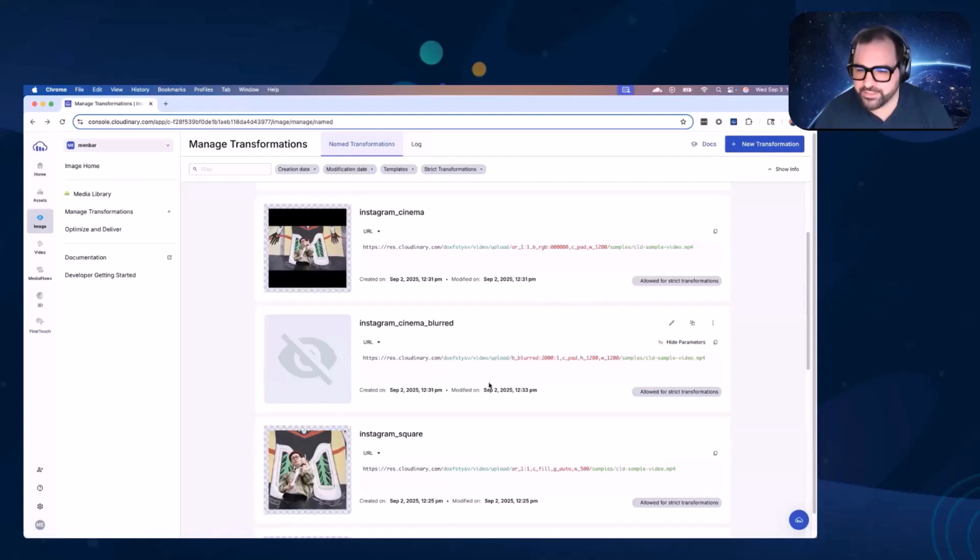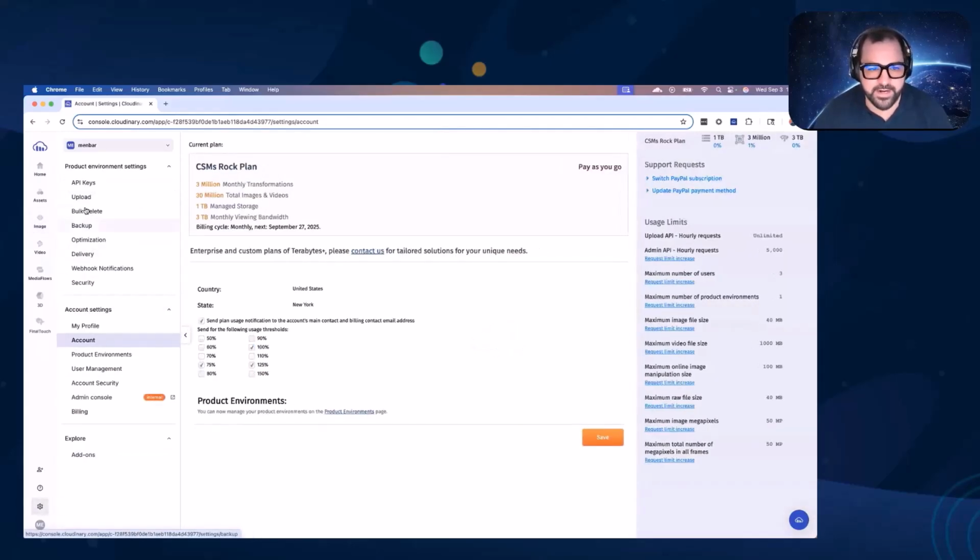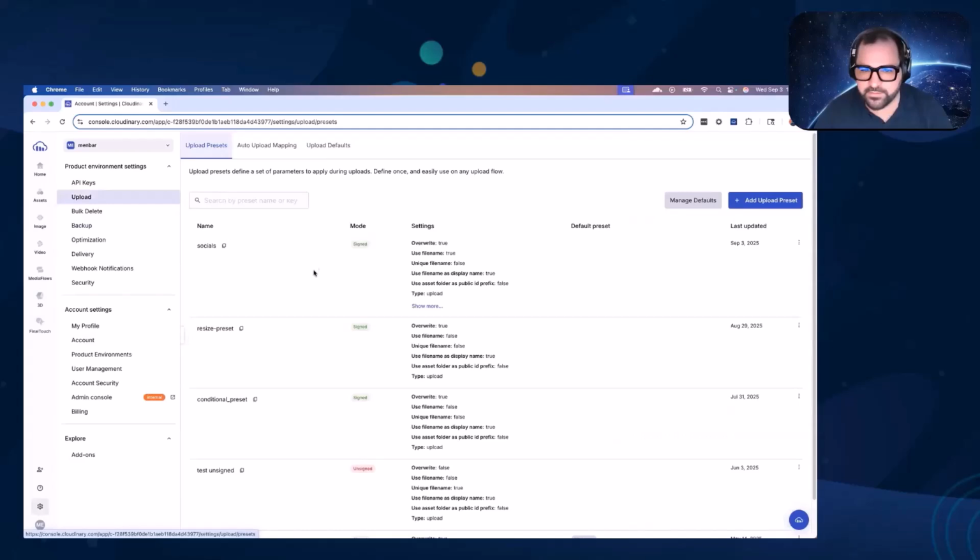Now that we have our transformations, and we spoke a little bit about that, I'd also like to speak about upload presets. What's really great about this is you can create presets, and your media team can upload a video that they shot, the final edit, using a preset, which we'll go into right now. Going into upload, I've already created this one called socials. If I go into it,